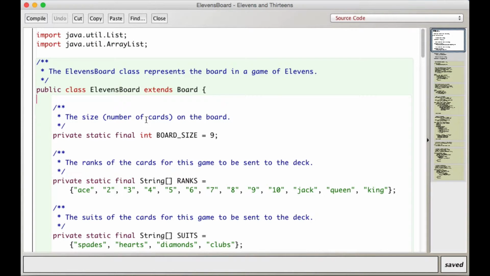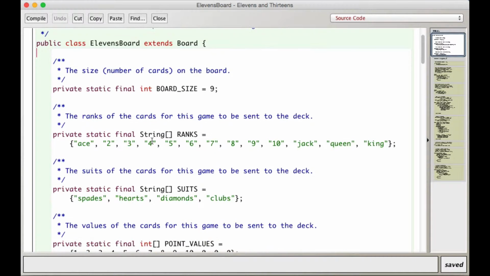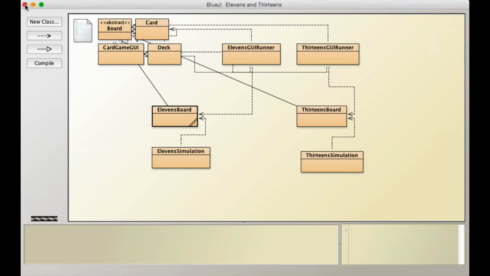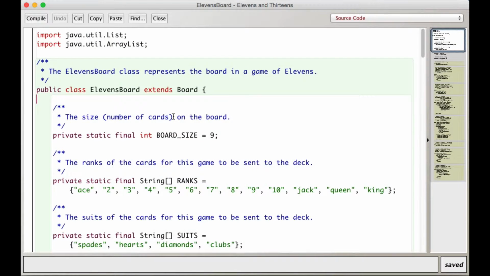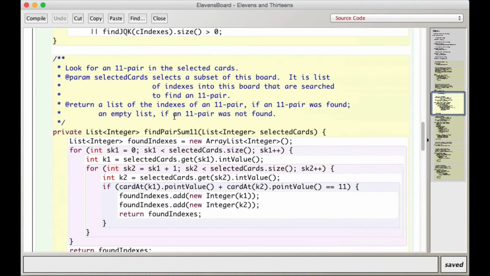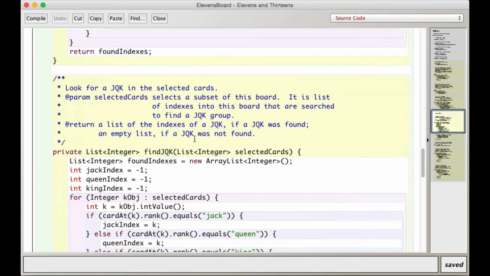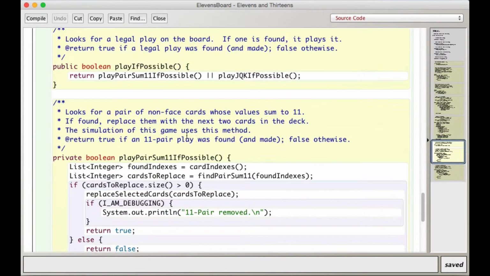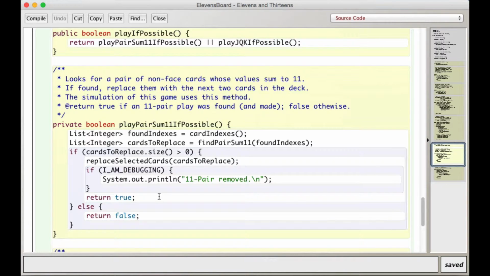All right, final thing for this video. So an 11s simulation would run the 11s board over and over again. So to do that, added here are, just the way in the 13s game, some new methods. Play if possible, which will return play pair sum if possible, or play Jack, Queen, King if possible, right? So play pair sum will actually